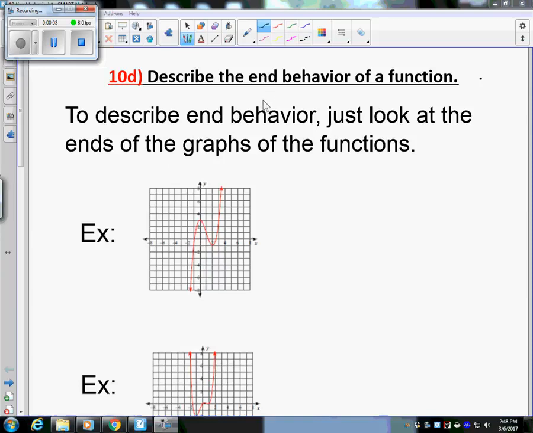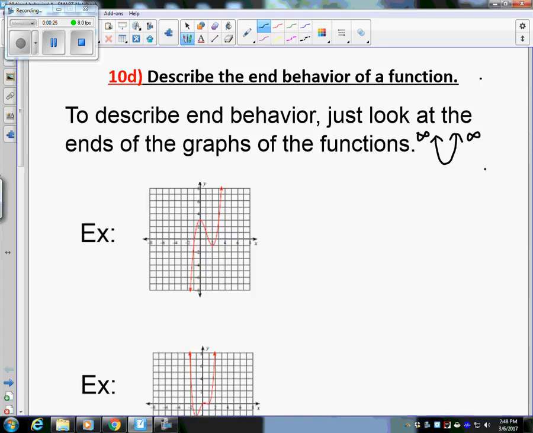10D, describe the end behavior of a function. So to describe the end behavior, you're just looking at the ends of the graphs. So if it's a quadratic, U-shaped, you're just looking at the left side of the graph, is it going up or down, and the right side of the graph is going up or down. If it's going up, we say they go to infinity,